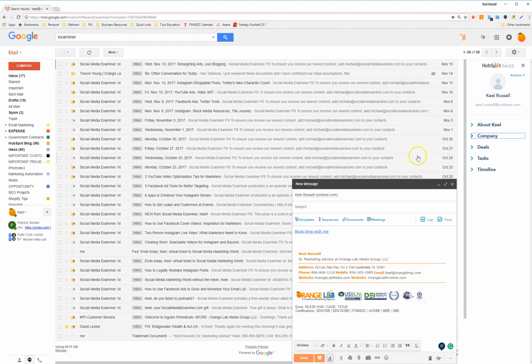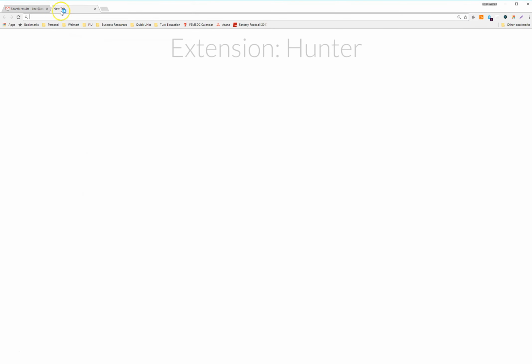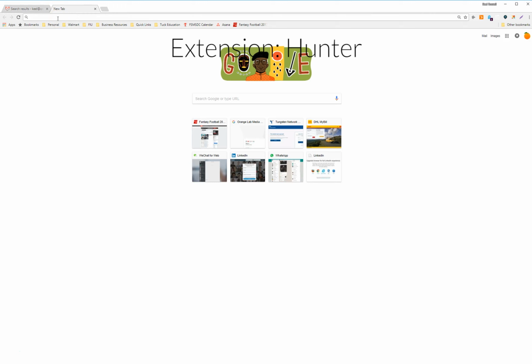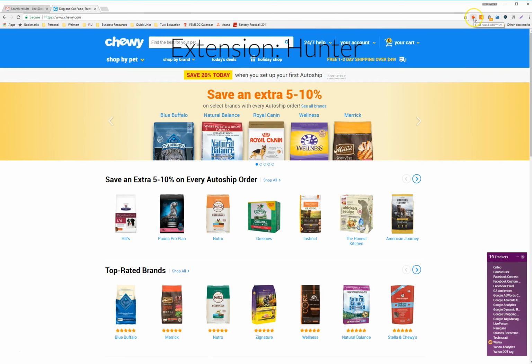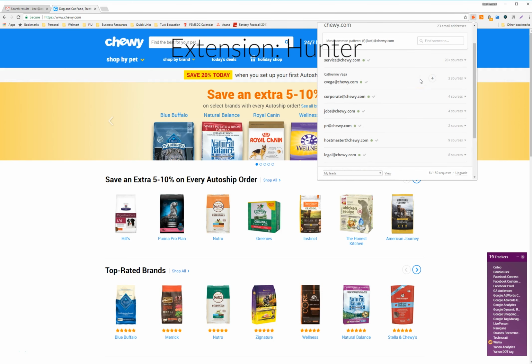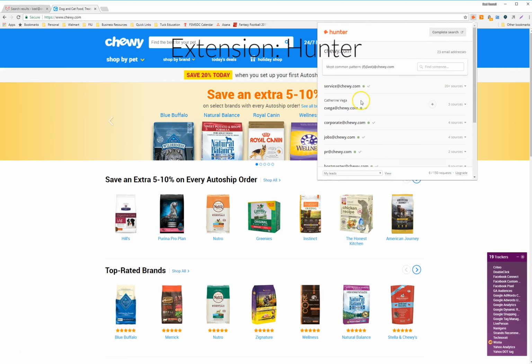And last but not least, I'm going to show you the Hunter extension, which is this icon up here. This is an amazing tool to find emails and contact information for prospects you do not normally have access to. So let's go back to Chewy.com. Once it loads, I can click on the icon and it'll give me a list of email addresses that it found on their website. But if you do not know a person's email address, you could basically type their name in. Let's use Christine, for instance, Christine Vega,